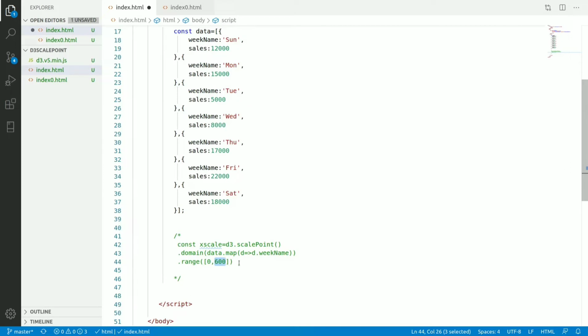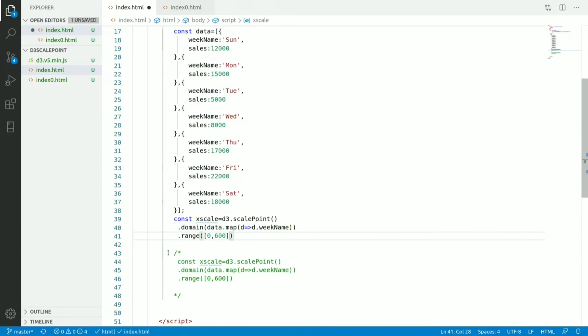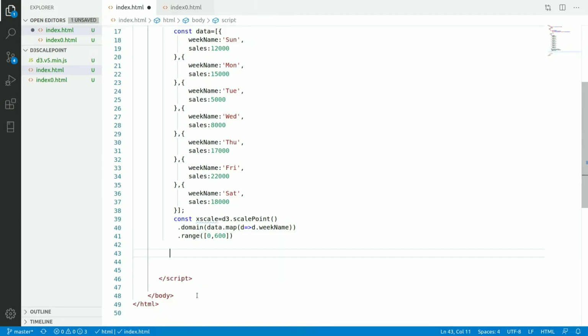This way you can create the scale point. Okay, now we will put this outside. I will remove this. Done. Now I will start to create the line chart.